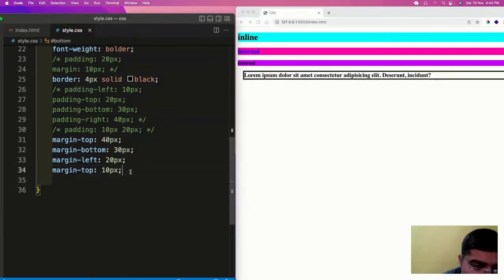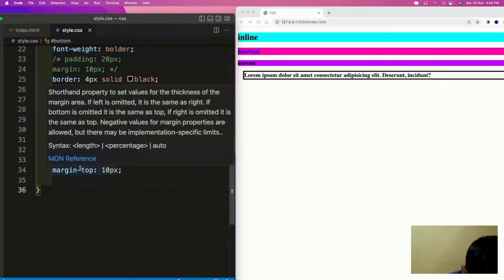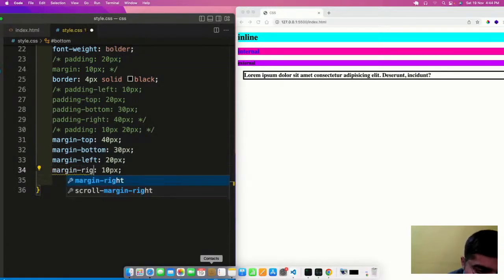So these are the four ways in which you can add margin: top, bottom, left and right.